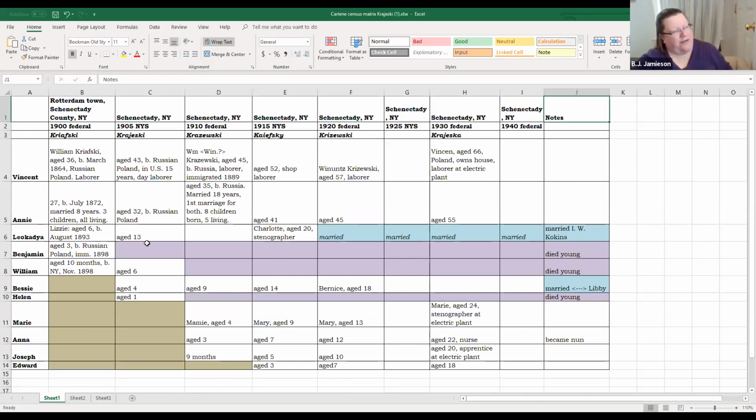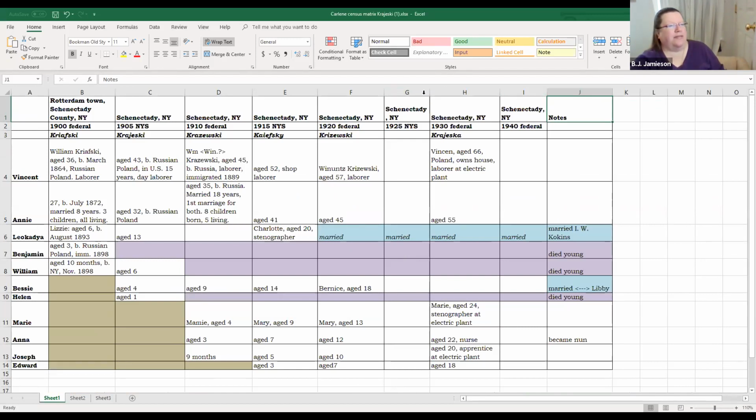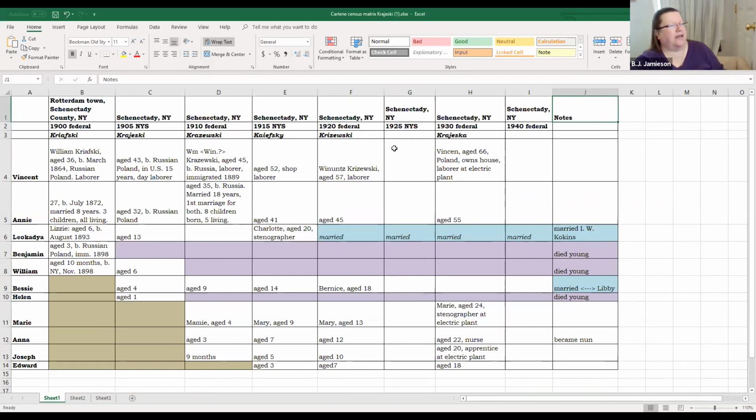So this is one family. And what I've done here, and let me see, I'm double clicking to get that to go. That one I'm going to adjust manually. What this is, is that they lived in New York State, which did state censuses in 1905, 1915, and 1925, in addition to the federal censuses. And so we were looking at this family,